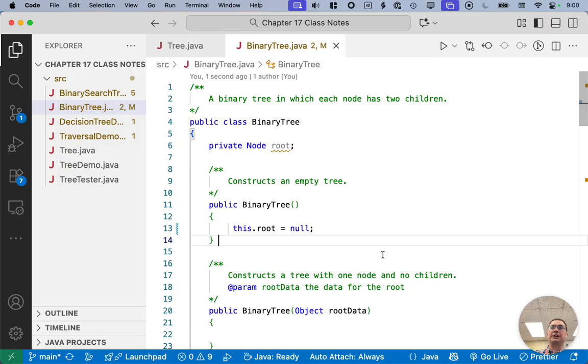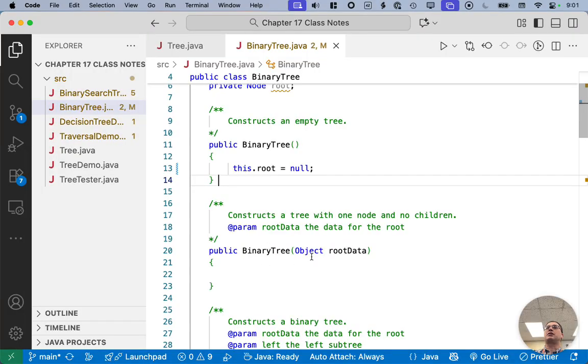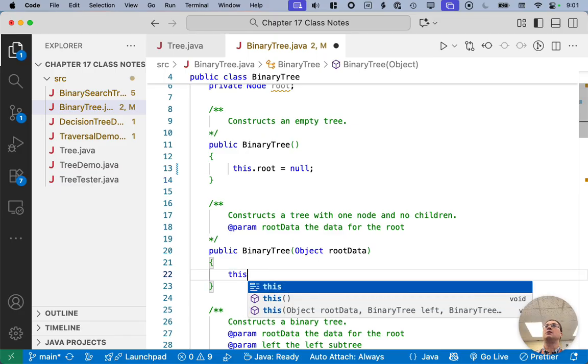However, we probably want a tree that actually has some data in it. So you're going to see we're going to have a more sophisticated set of constructors for today's binary tree than we had for yesterday's generic tree. This constructor takes one parameter, which is a reference to the data for the root of the tree. So we want to construct a tree with exactly one node and no children, and we're provided the data for that node. So this is going to be very similar to the constructor we wrote yesterday, where we need to